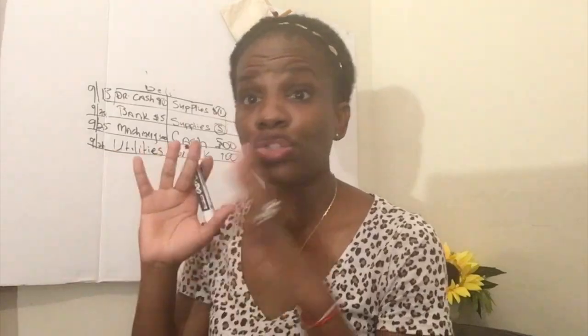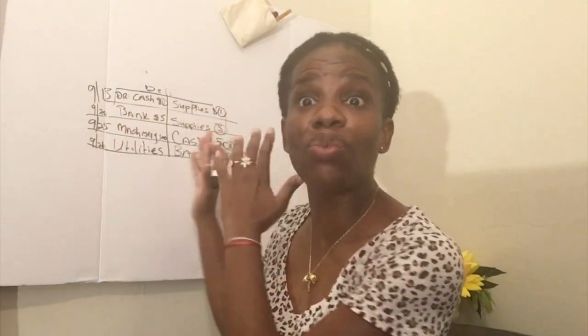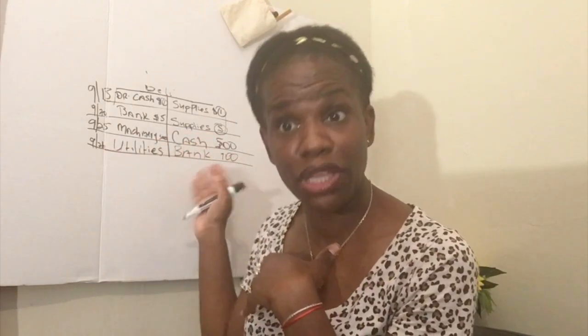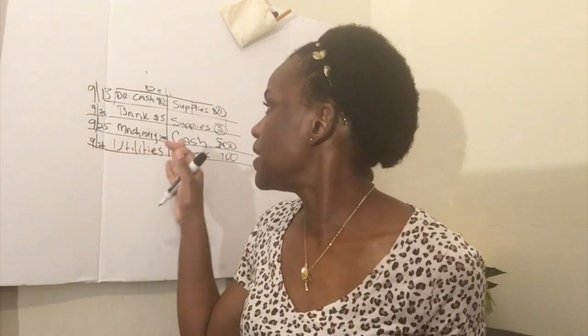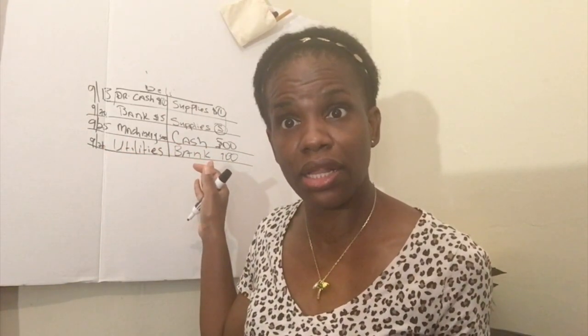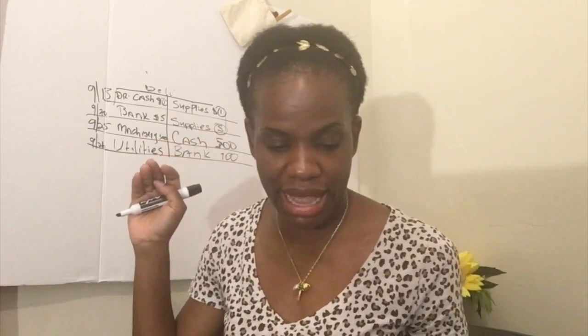Hopefully that makes sense. So always sit down, debit the receiver, credit the giver. Even if you don't understand what is the receiver, jump to the giver portion. Even if you don't understand what is the giver, jump to the receiver portion. That way you can figure out at least the correct side of one side of it. Then you know with the matching principle, for every debit there must be a credit. For every credit you must have a debit. Does that make sense? All right, so on 9/26 we paid the utility bill for $100 through the bank, through the business's account, right?